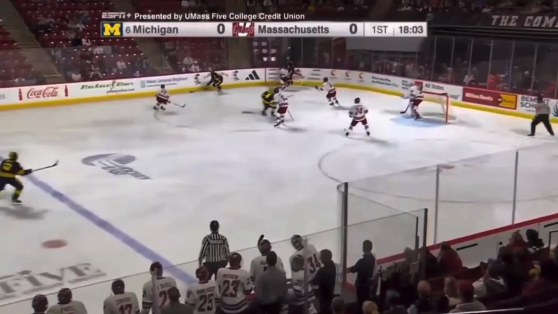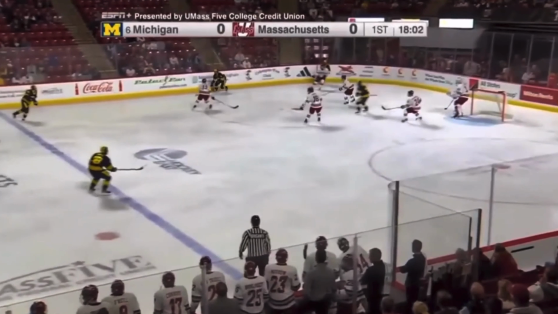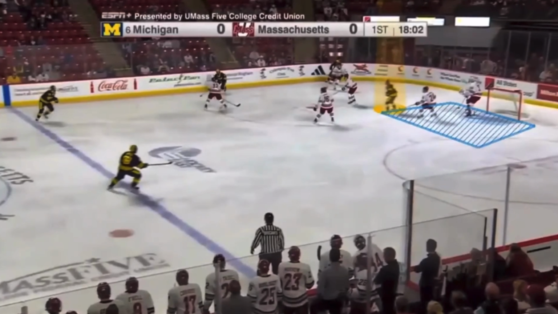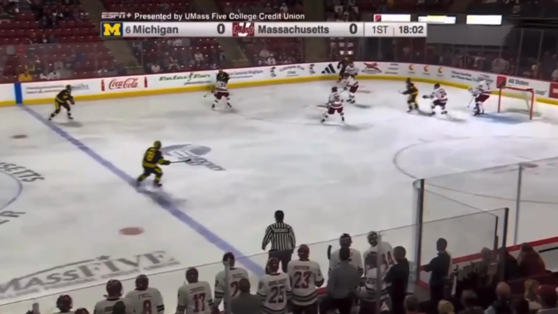So you can see here as the blue forward is trying to enter into the box, the white defender is doing a good job of boxing out. He is not allowing them to enter into the box. He's disallowing or delaying. That is the big thing here, it's a delay. Eventually that forward is going to fight his way into that area, but that defenseman is trying to disallow or